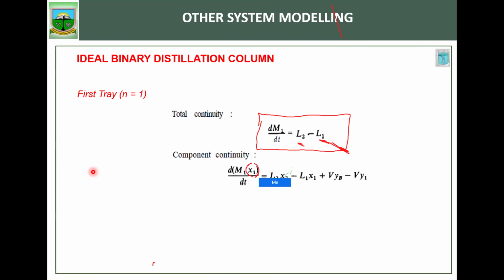If you want to check the component analysis, it's going to be what? The liquid that is coming to the tray, the percentage of the lighter component in it, the reboiler vapor. You remember the reboiler vapor was YB. So that's this one. This is the vapor that is coming in from the reboiler, minus the vapor that is going to the